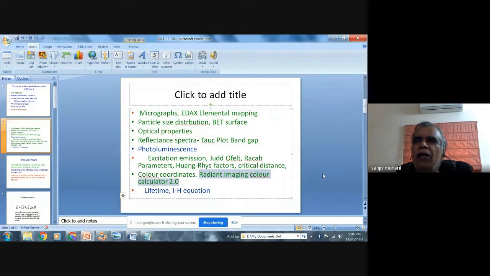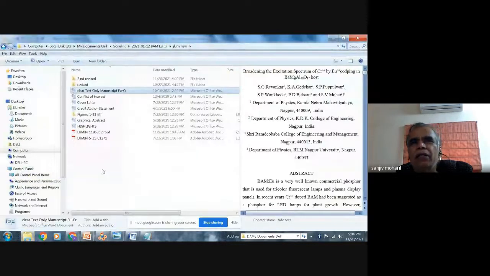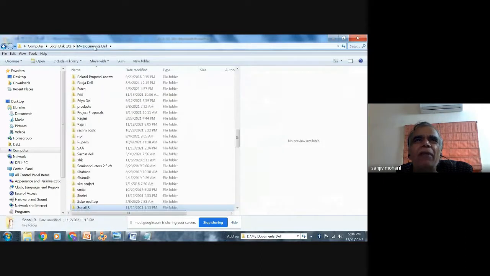Now, after all, what are color coordinates? These color coordinates tell you precisely the quantification of the color. Otherwise, what we say, red, green, this, that, is only qualitative. But we need to have a quantification of the color coordinates.